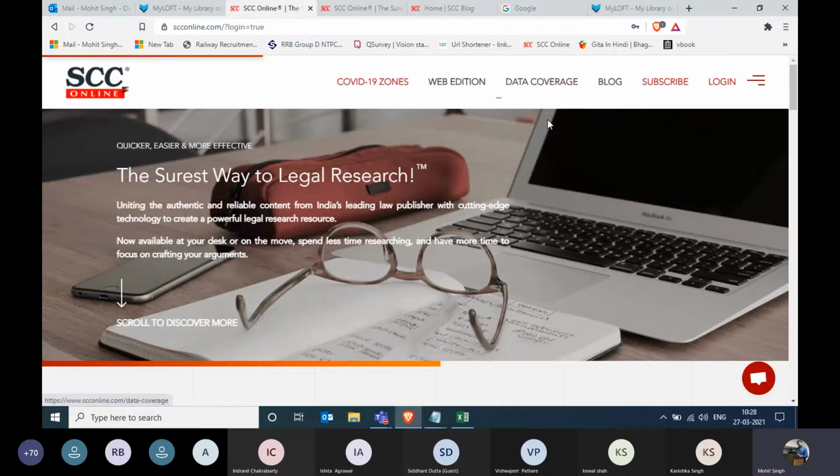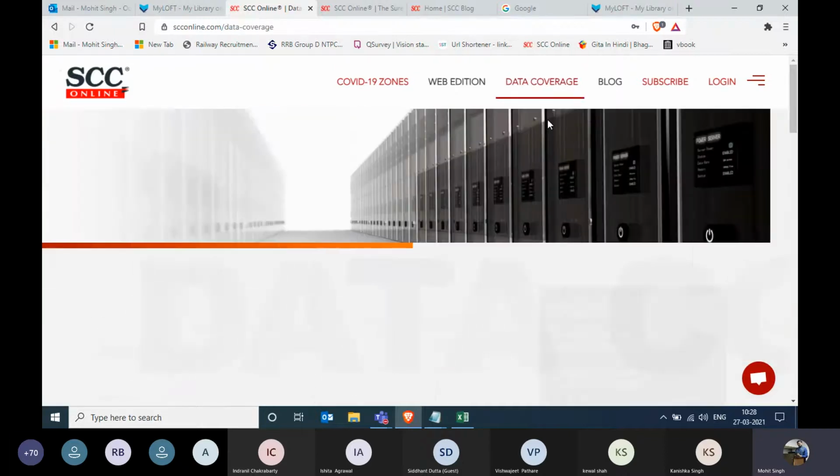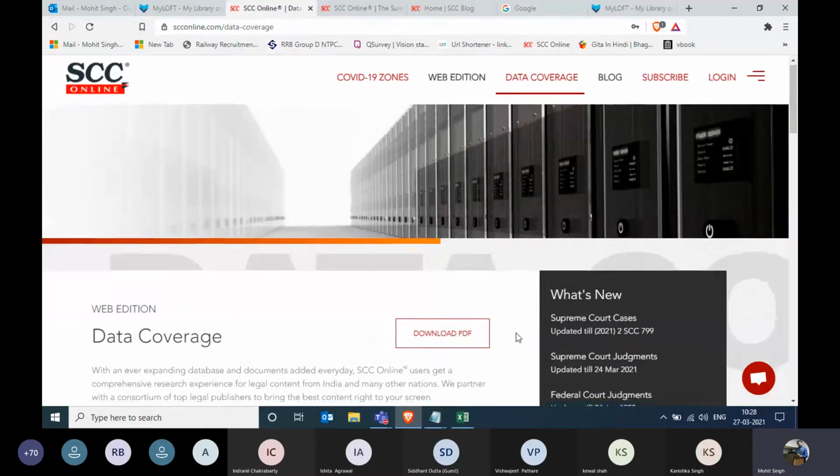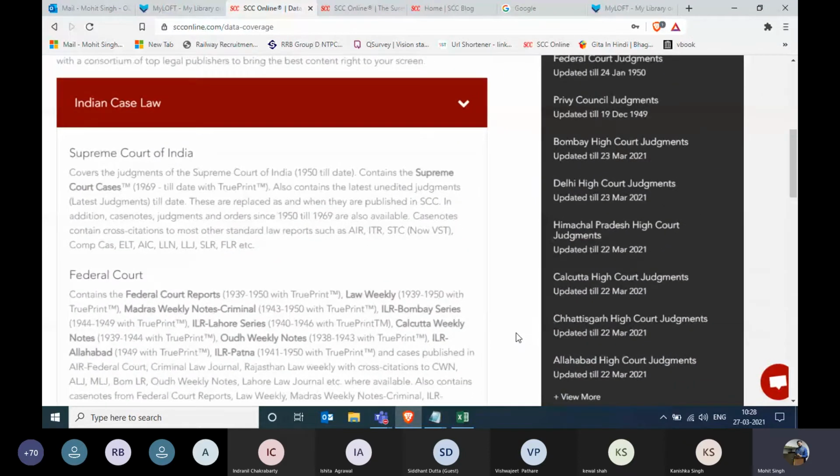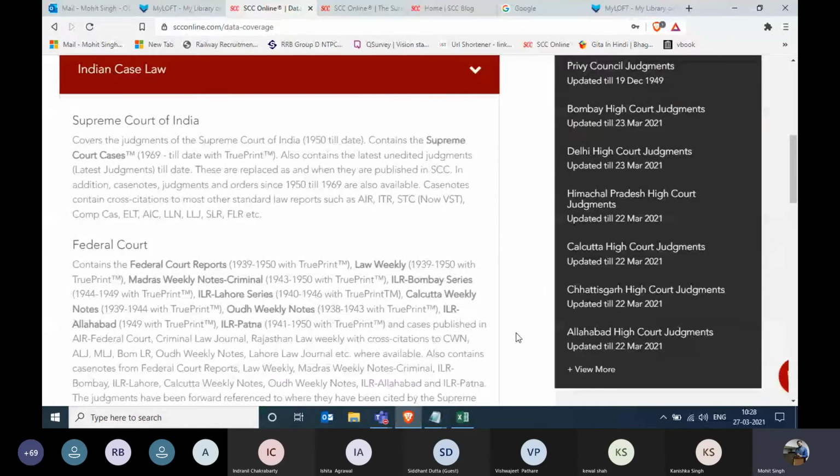In the database, we have covered a large volume of data in different categories, such as the Supreme Court of India judgments from 1950 till date. Not only that, we also include the headnote portion, such as the case summary, and also the true printout of each and every document from the Supreme Court of India. True printout simply means the way it was published in our SCC Online journals, you will get a photocopy of that, which you can always submit in the Indian courts.